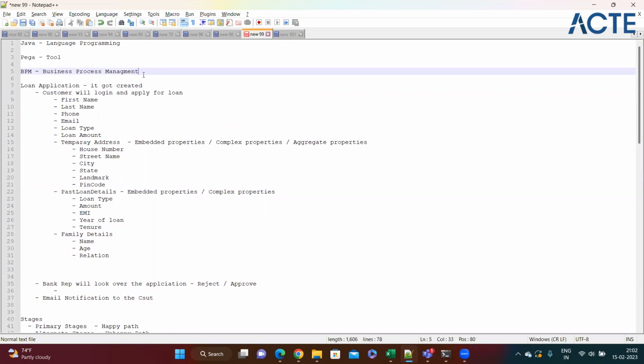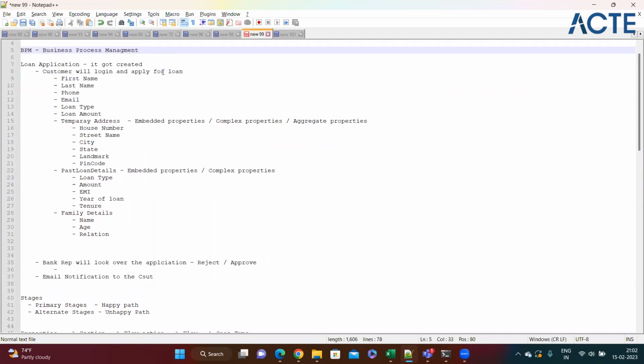We have seen what Pega is: it's a BPM, a business process management tool, in which we can design all our processes. As part of our learning, we are also creating one process called a loan process, where a customer of a bank can apply for a loan,